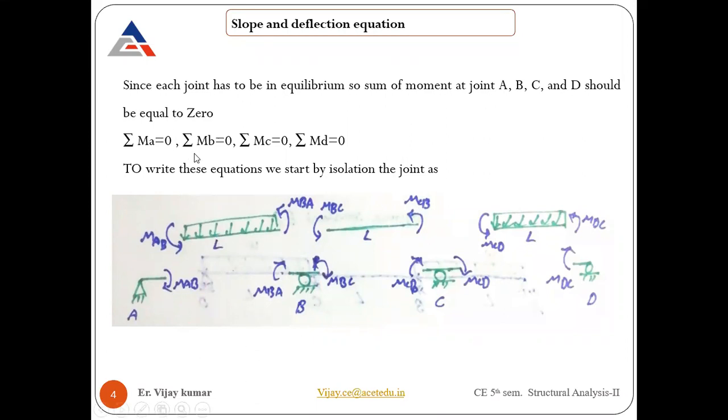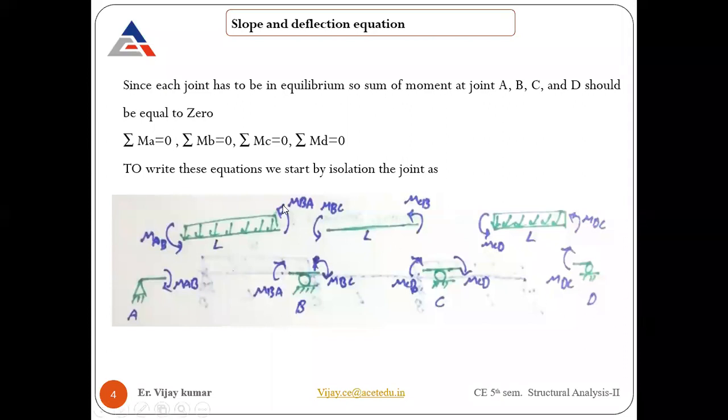So back to the point. If you see at each and every joint, the sum of moments about A, B, C, and D should be equal to 0. That is the equilibrium equation that we know. At each and every point, if you calculate the moments, they should be equal to 0. So the sum of moments about A is equal to 0, the sum of moments about B is equal to 0, similarly the sum of moments about point C is equal to 0, and the sum of moments about D is equal to 0. These are the joint equilibrium equations. Fine. At each joint, we are considering the moment to be 0.